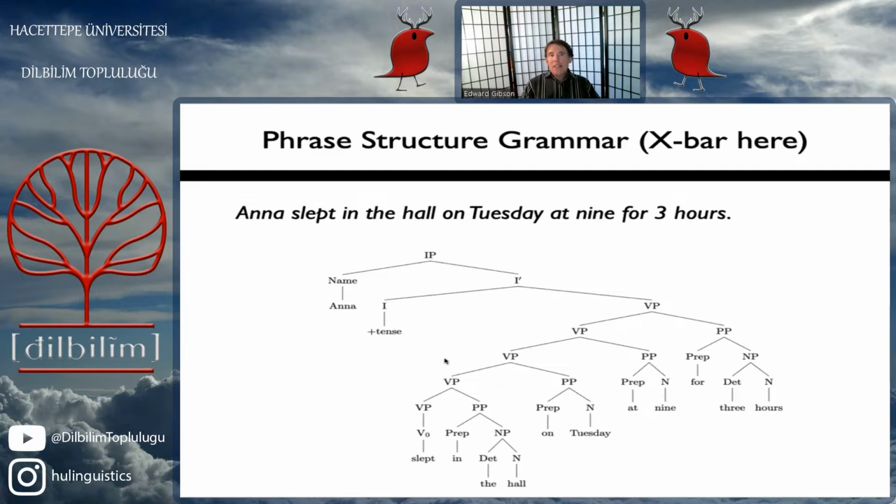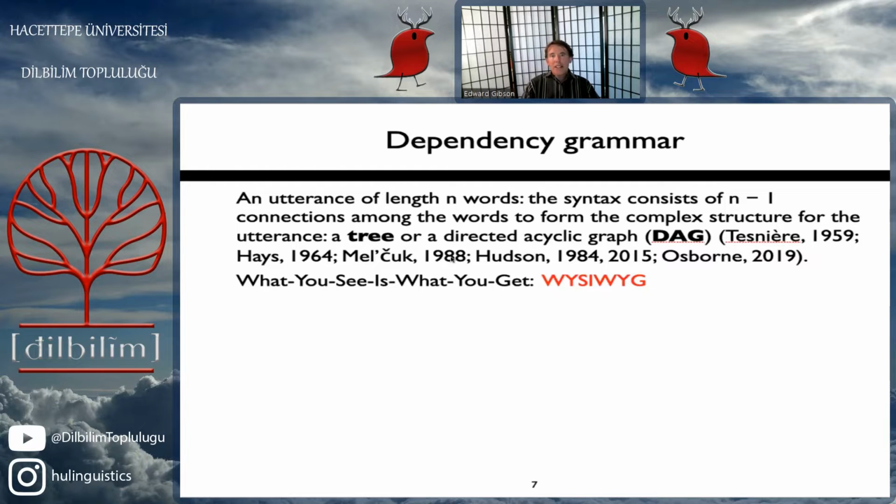There's a lot of structure here. There's no movement in this structure. I'm not going to go through this. I'm just going to say there's a lot of nodes. These VP nodes are adjunction nodes, which are used in that formalism for some kind of measure of simplicity. In dependency grammar, what I like about it is if you've got n words, the syntax is just n-1